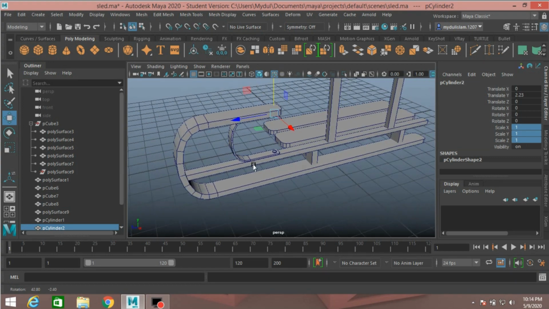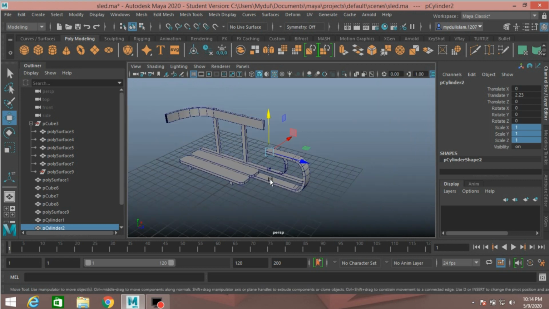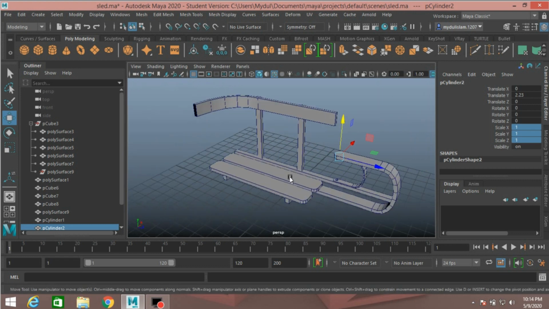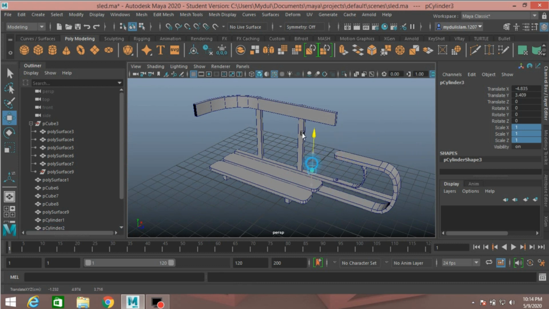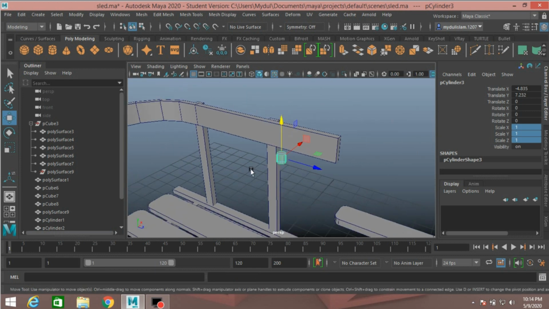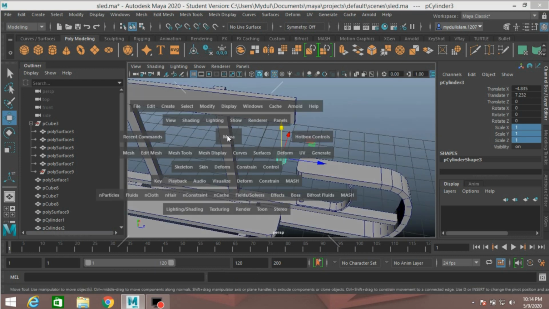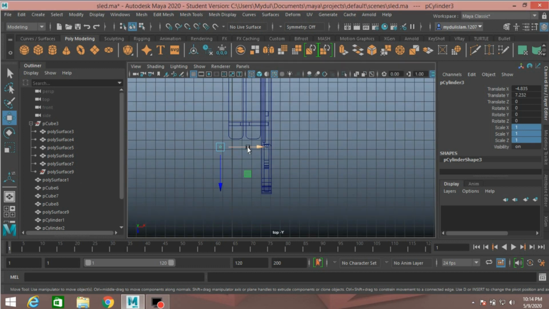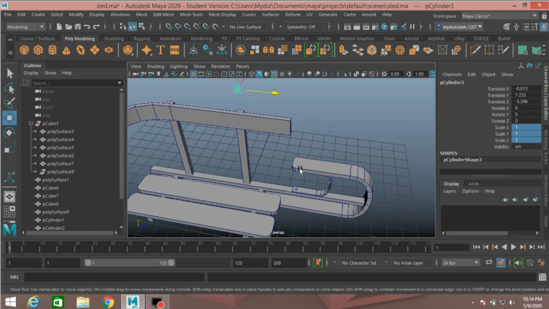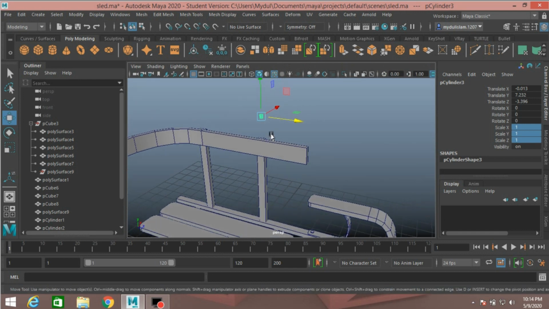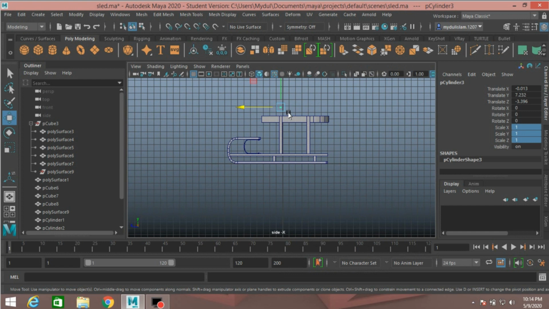Just like this. Press Ctrl plus D to duplicate and put it here. Press F to zoom or focus in. Go to top view. Move it here. Put it here. Again go to side view.